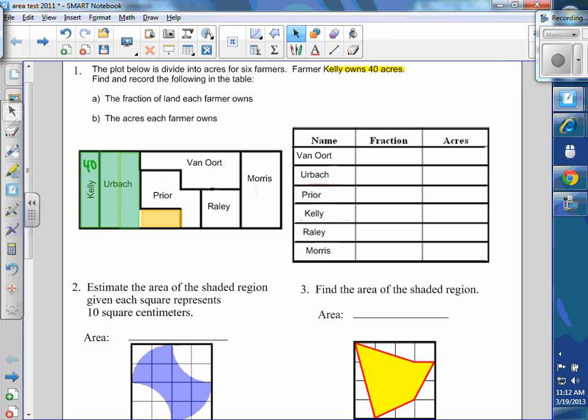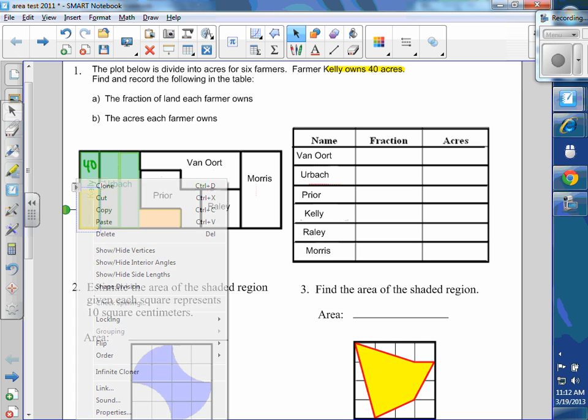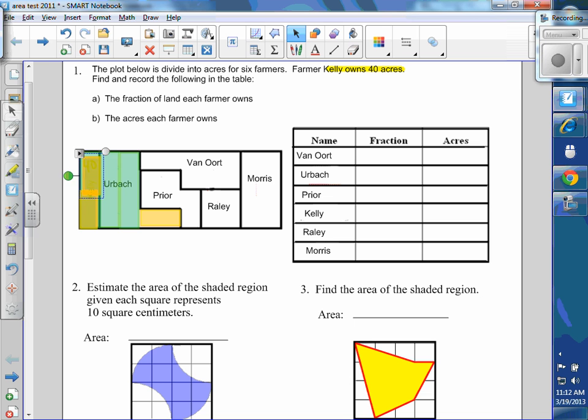I agree, because if you think about this, you could rotate this, and on your paper you could draw lines, right? I'm doing this just to kind of show you how it fits in, but we'll also look at how you could do that on your own paper. So do you see the 20s and the 40s? Yeah. Once you know those two pieces, you know all kinds of things. So if we remove these, because you don't have a smart board to play with while you're taking the test, unfortunately,